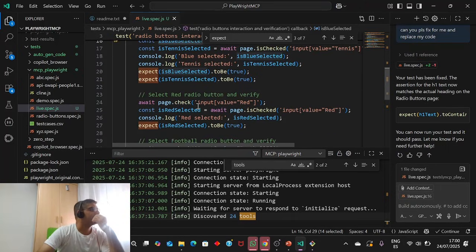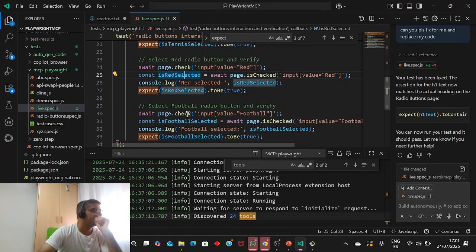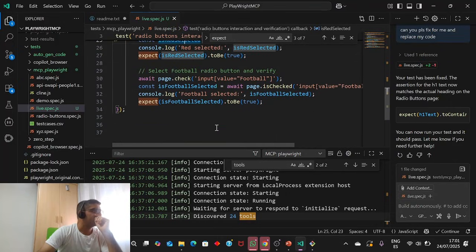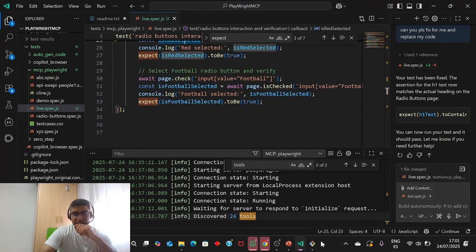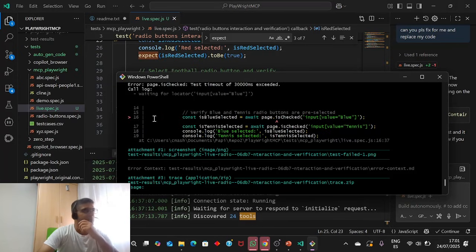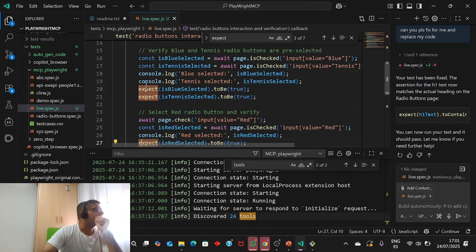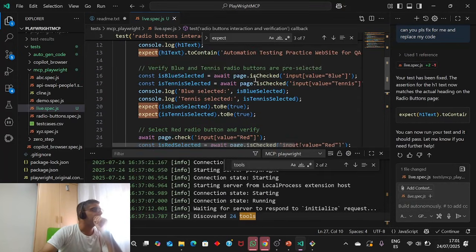Now is blue button selected. Okay, let's see here, big screen. Red, we have selected the red. Is red checked? Yes. Red selected? Yes. Red to be true? Yes. Football is to be true. Yes, fine. So, okay, seems fine to me. Where is the error? Line number 16. Line number 16 seems fine to me.